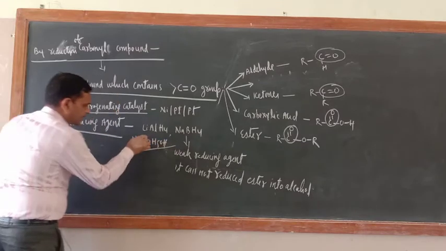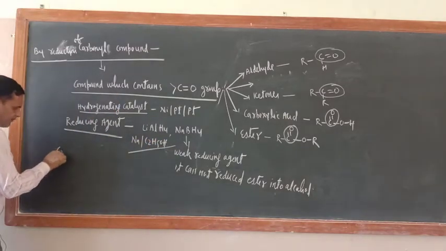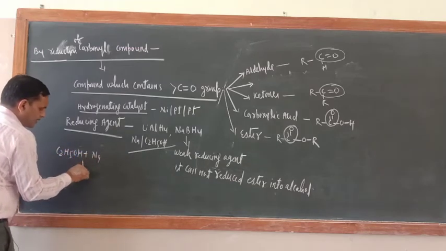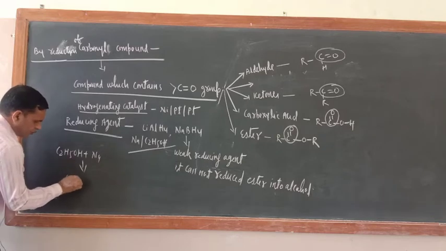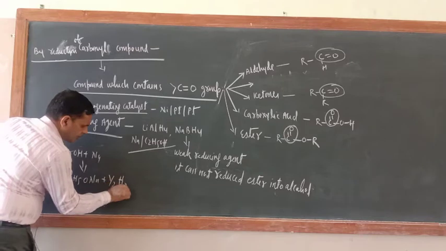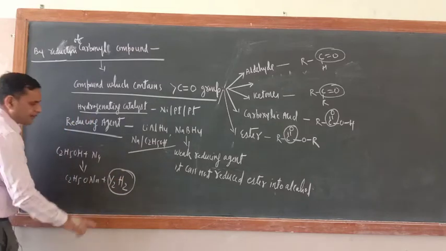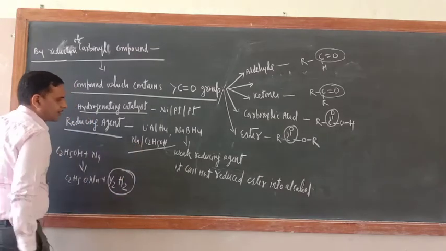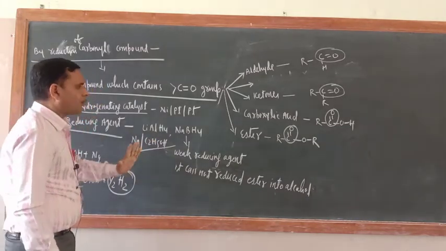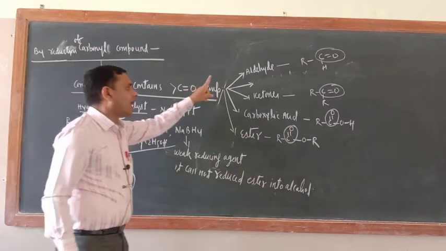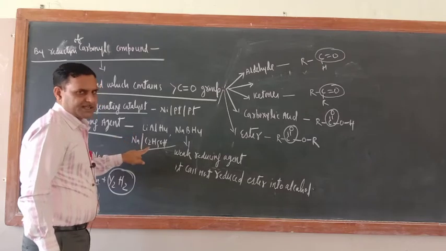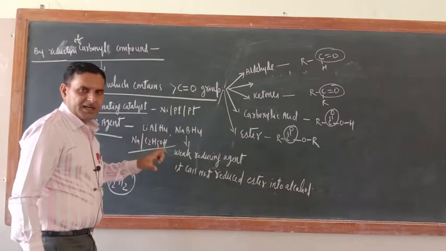Sodium C2H5OH. Just see, when C2H5OH reacts with sodium metal, what is the product? C2H5ONa plus half H2. So now hydrogen is removed or not? That is why this is also a reducing agent, sodium C2H5OH. One more point here: if carbonyl compounds are reduced in presence of sodium C2H5OH, that reaction name is